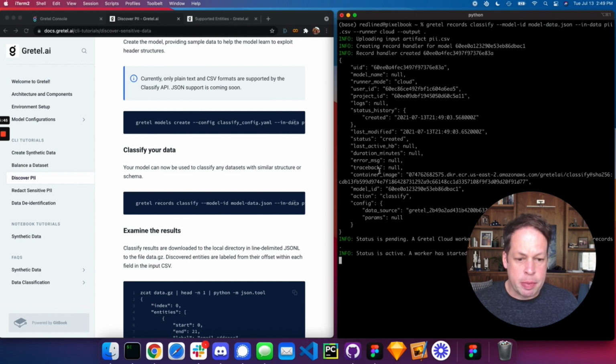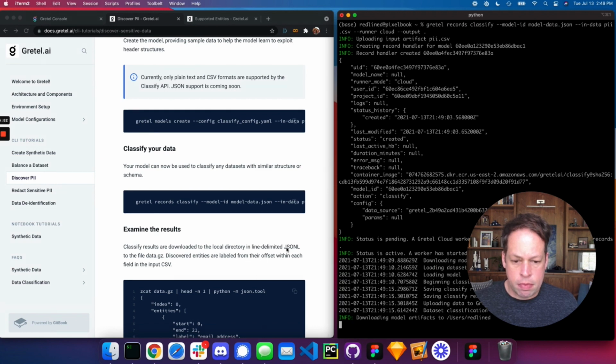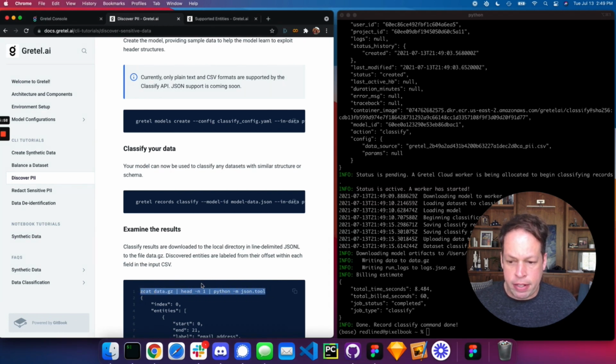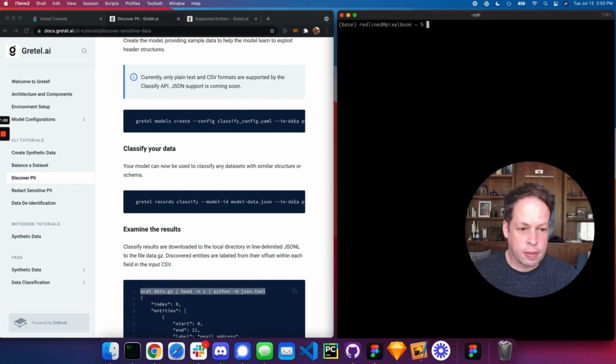So the cloud worker's picking it up. It's just started. And it's unclassified. Let's go ahead and grab these. So what I'm going to do is grab this one line right here. What this is going to do, the output of our system,